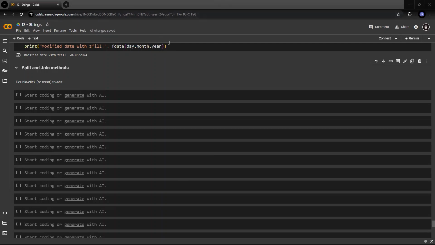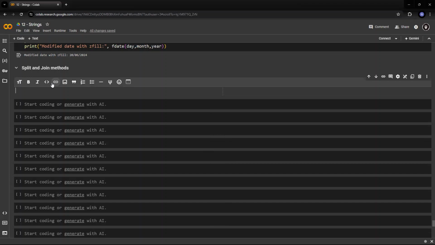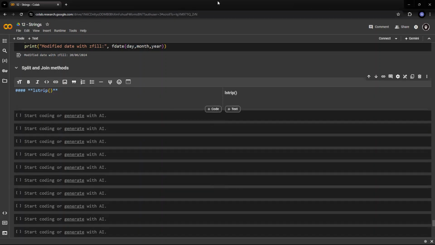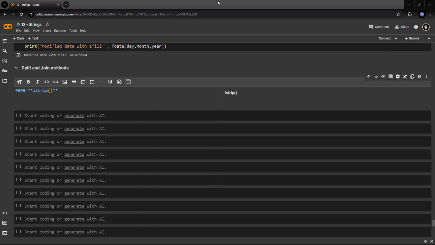The word itself tells you these are used to split and join strings, just to perform this kind of operation. Let's start with the first string operation, which is lstrip. Now, lstrip, as the name suggests,